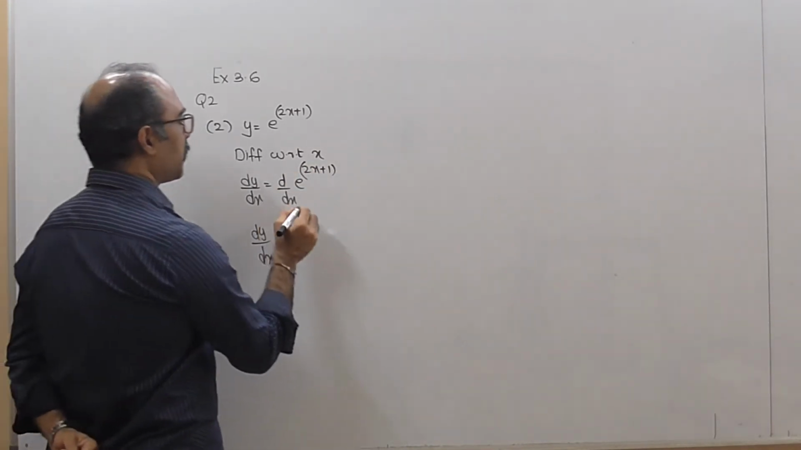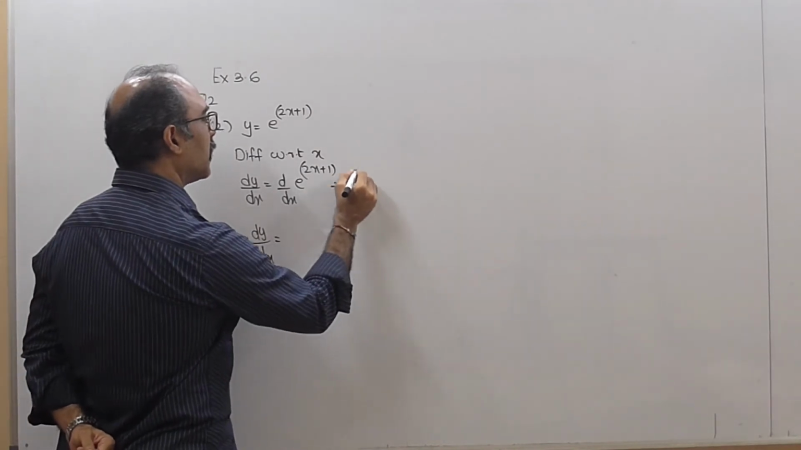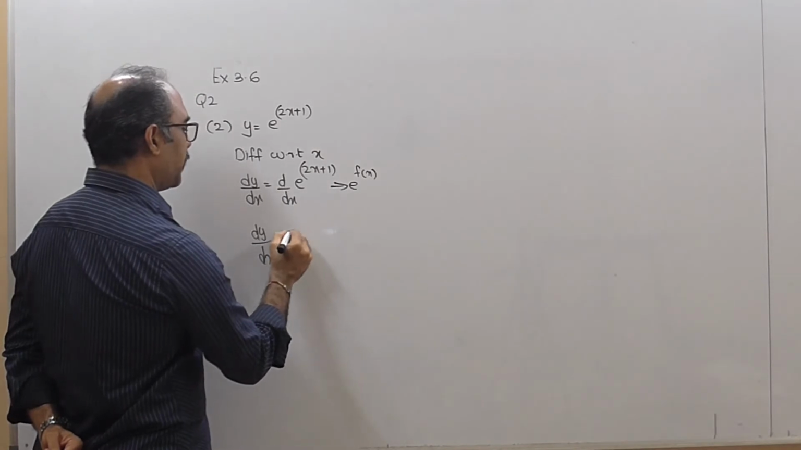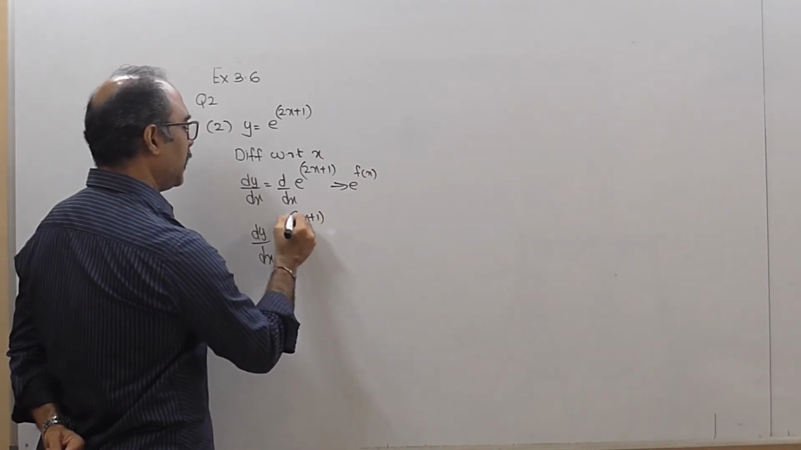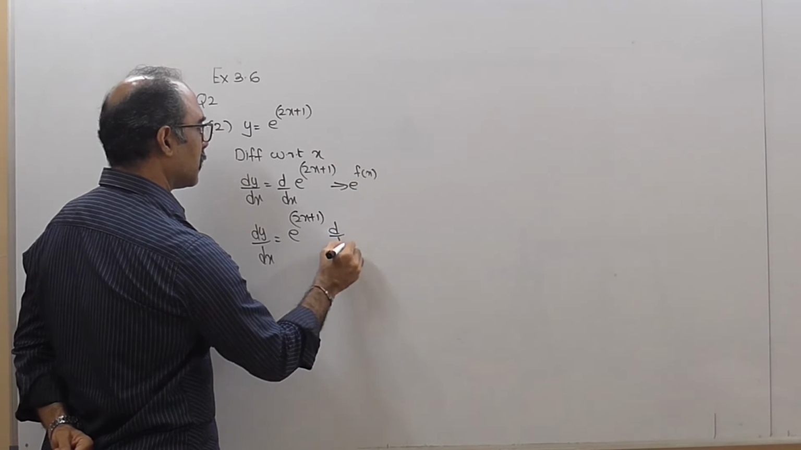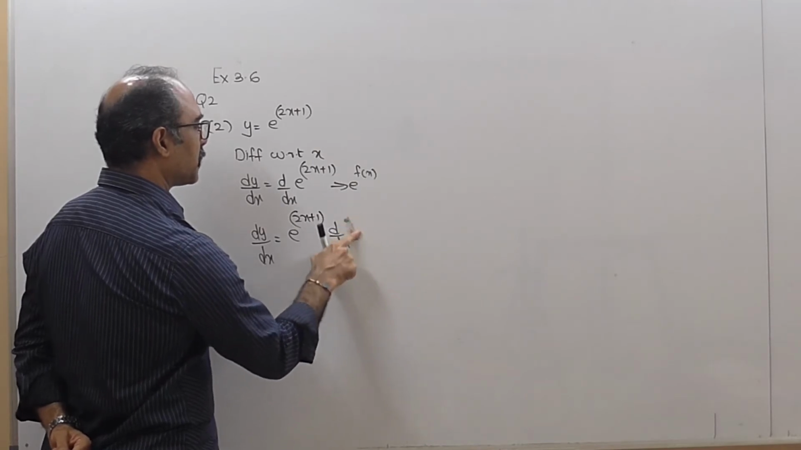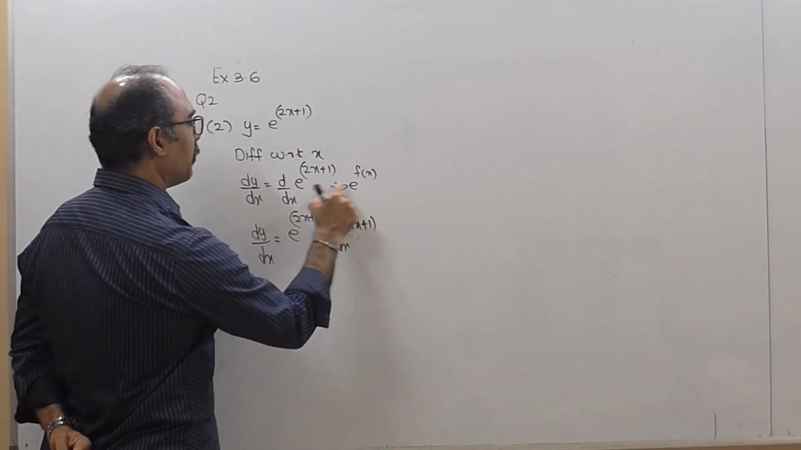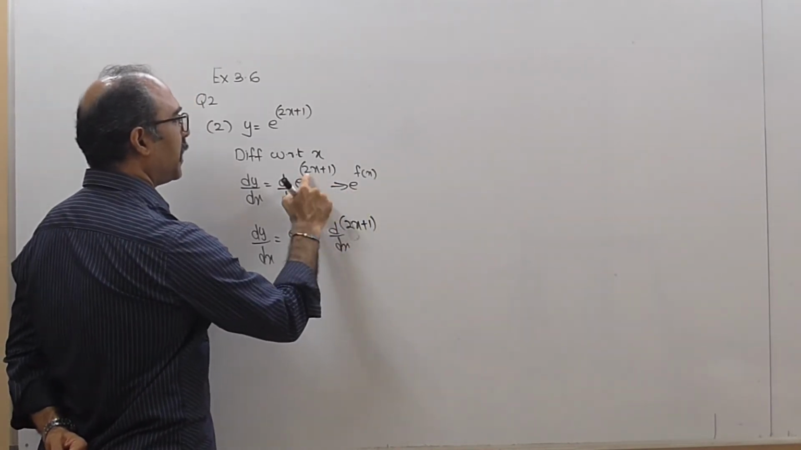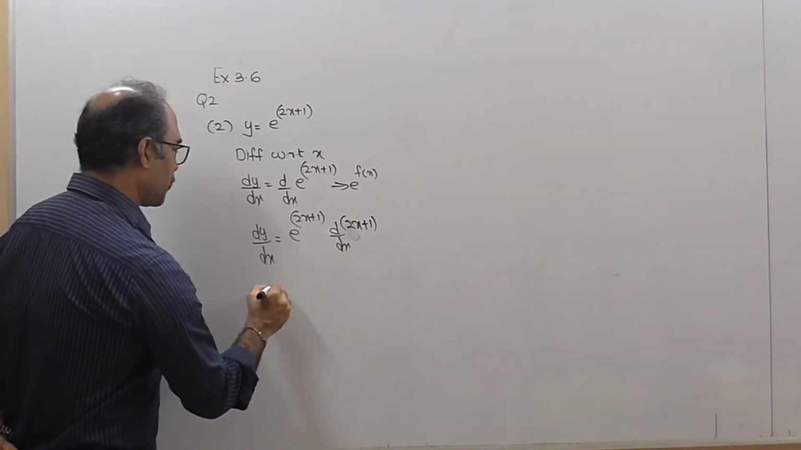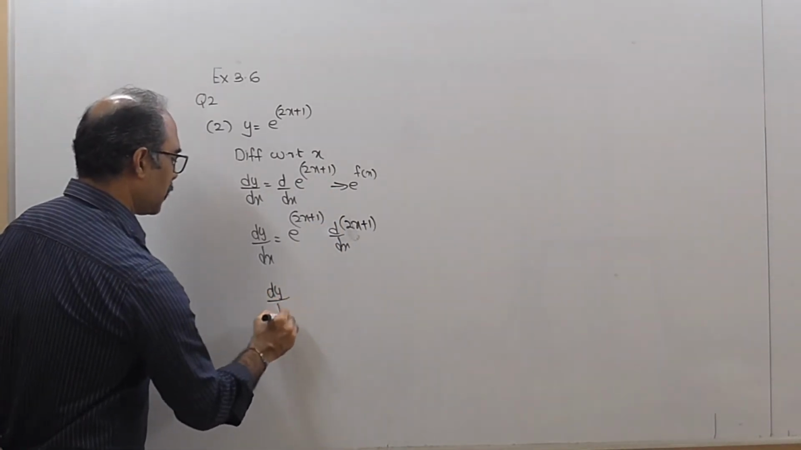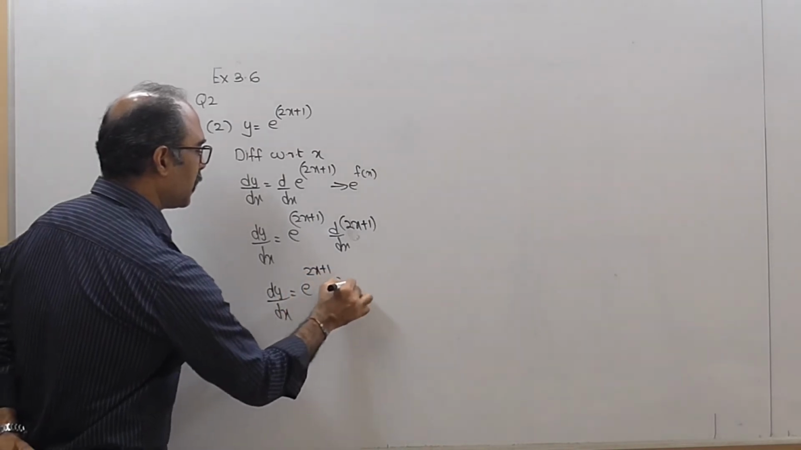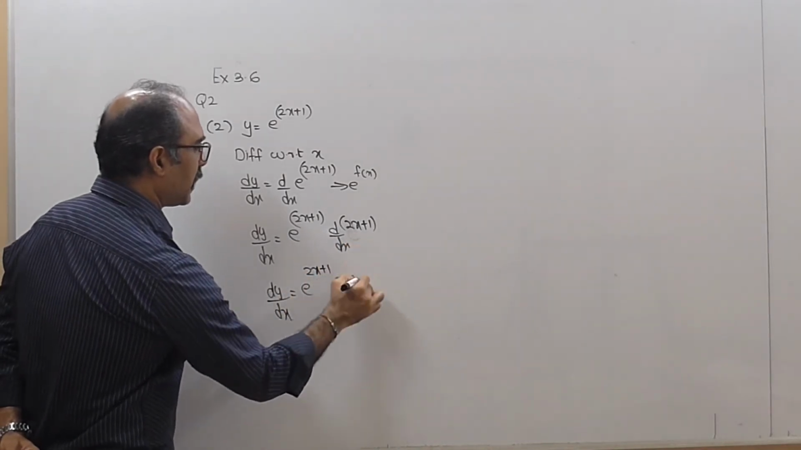e raised to 2x plus 1 is in the form of e raised to f of x, and the derivative of e raised to f of x is e raised to f of x, d by dx of f of x. Here f of x will be 2x plus 1, because when you compare, e and e will get eliminated, therefore f of x will be equal to 2x plus 1. So obviously you get dy by dx equal to e raised to 2x plus 1,